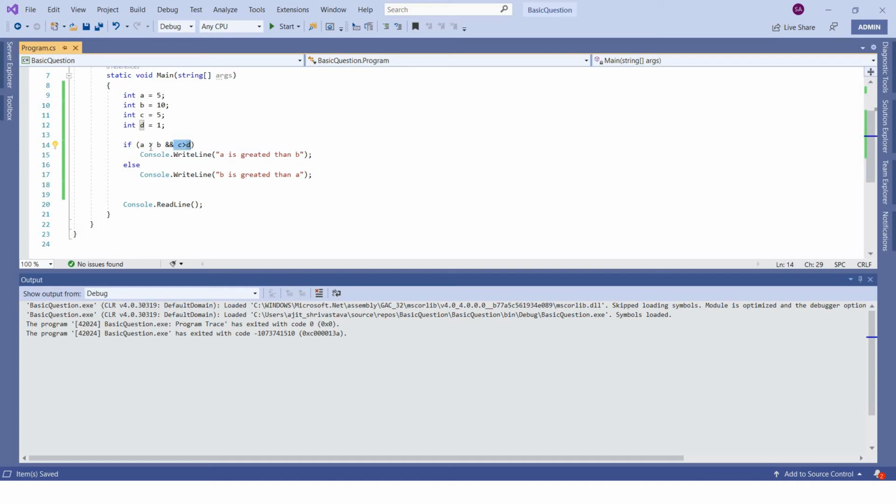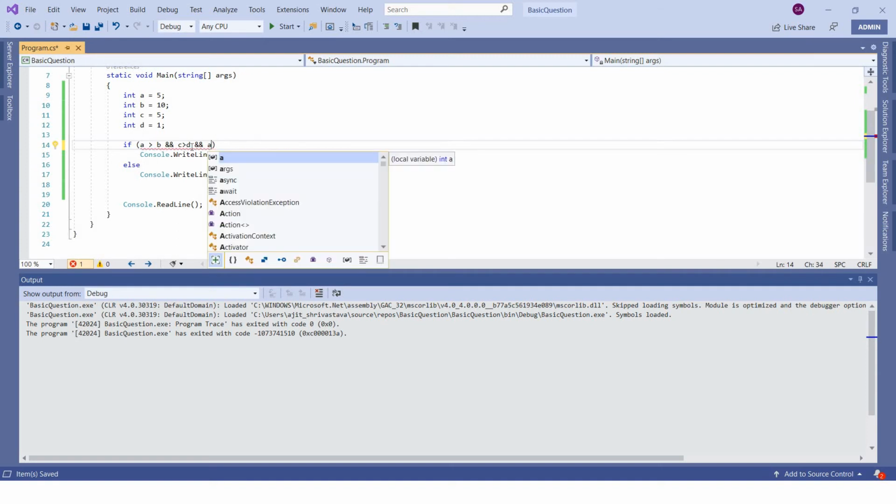Just remember, AND will execute the second or third or fourth condition only if the initial conditions are passing, like the first condition is passing, right? So you can have multiple conditions here as well, some more conditions, A is greater than C, like that. So again the rule of thumb is, if all the left side results in true, then only the next condition will be evaluated.